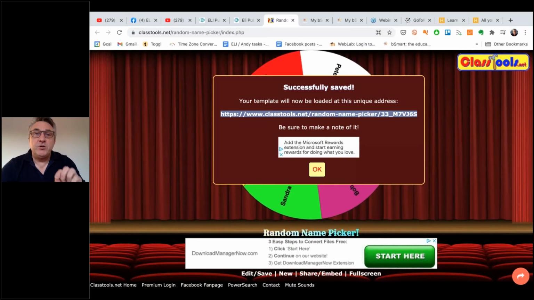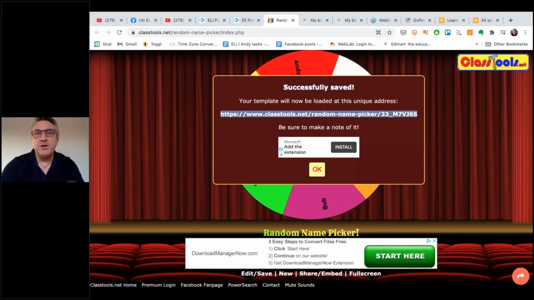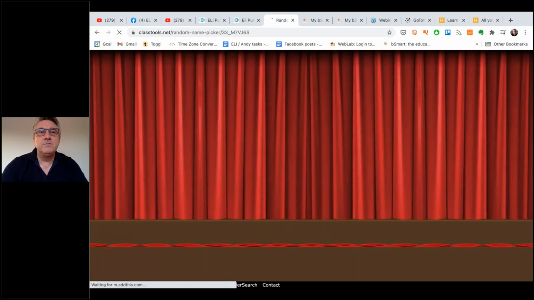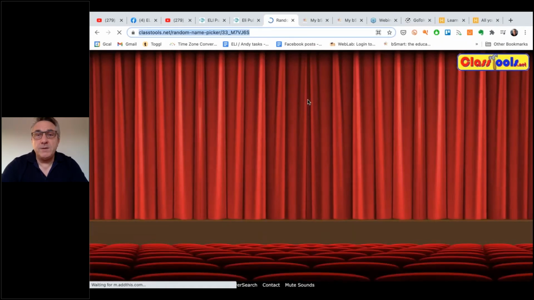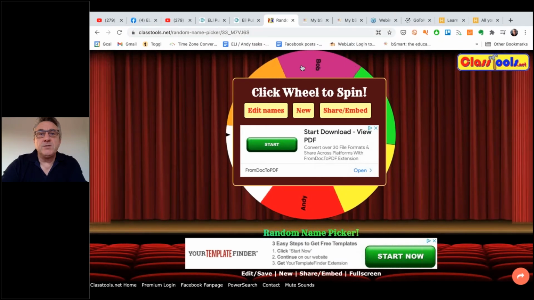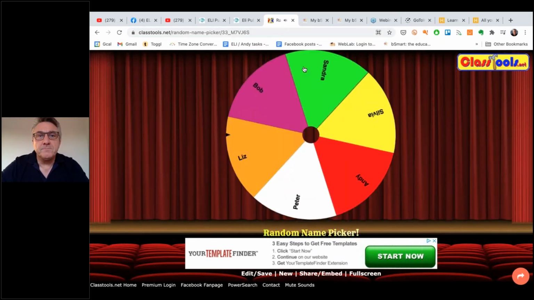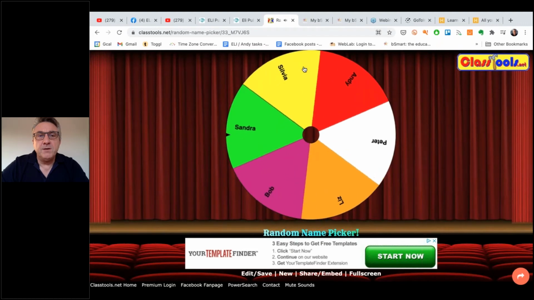In other words, you could make different wheels for different classes, so that when you click the wheel, it'll come up in a second. Bear with me. When the wheel comes up, I just click on it and it chooses the names for me. When you see this work, you'll see what I'm getting at about some other ideas for using pictures and online spinners, because in the classroom, it's hard to do that. So I'm going to click the wheel. And this time it's Sandra.